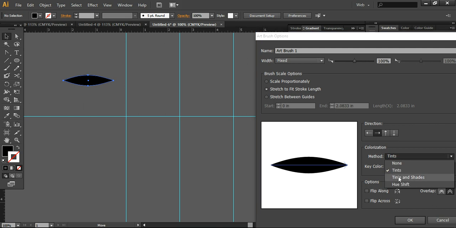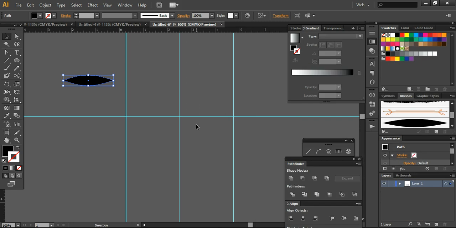tints, and you can also choose tints and shades as well. I'm going with the tints, and here you can check scale proportionally, and you can reduce the size a little here and press OK. So now I'm going to remove this from here as it's already added in my brush section. So I'm taking this